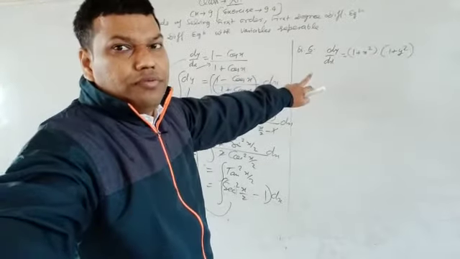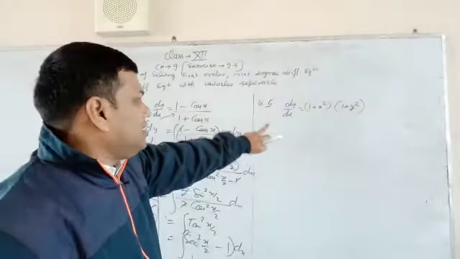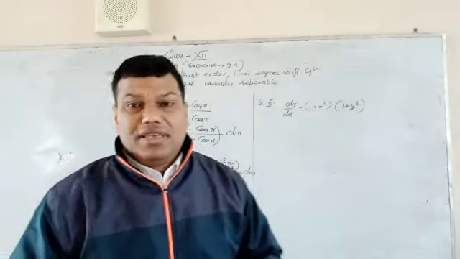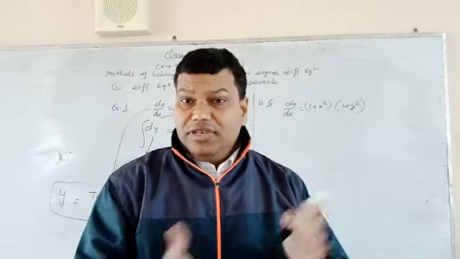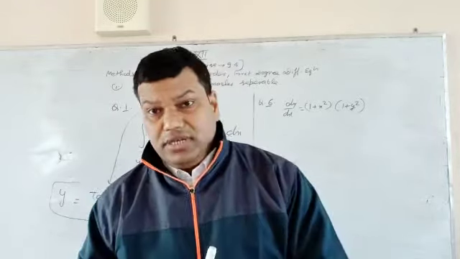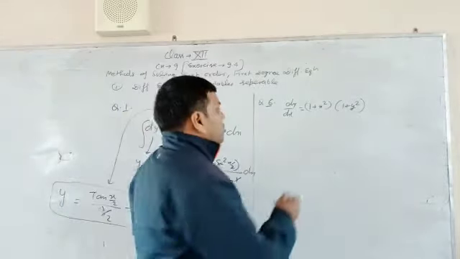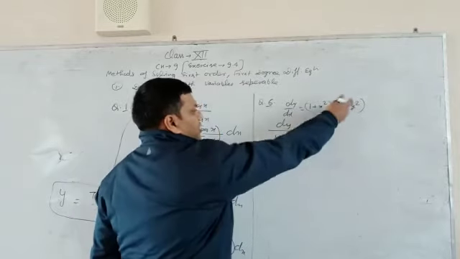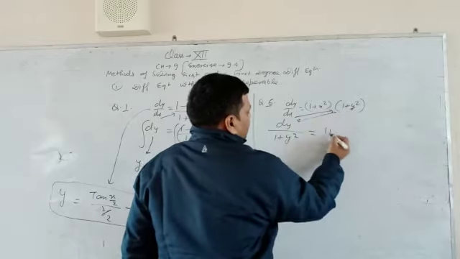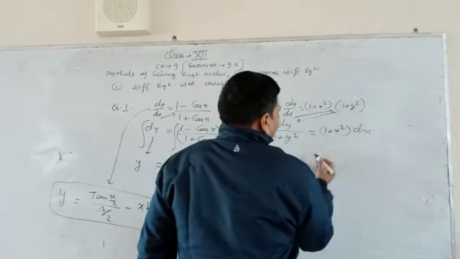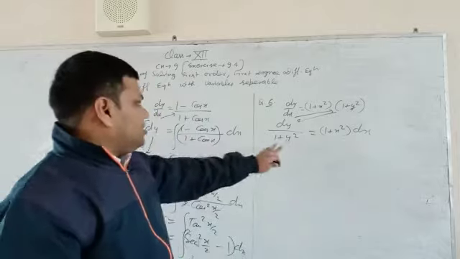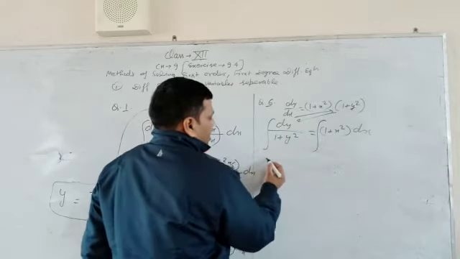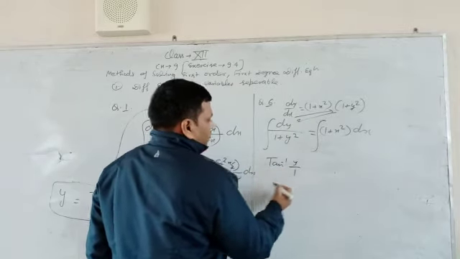Now we have one more here. Again we have to separate the variables. This exercise is where we can easily separate the variables, with dx the function of x and with dy the function of y. So we have dy, and you can take this function of y here in the denominator, and dx will be there, so that you can understand. Now it is separated. Now you have to integrate that, and that is tan inverse y upon 1.